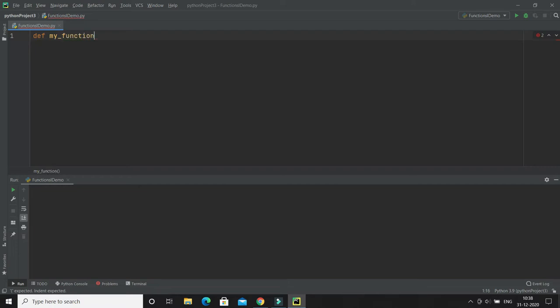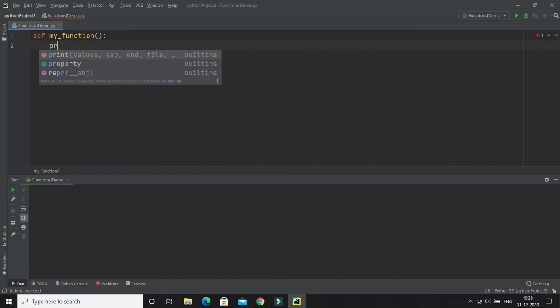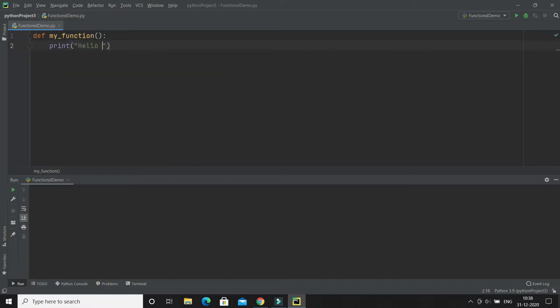I'm going to define a very simple function. You have to write a def keyword, and after that you have to write the function name, and you have to give the round brackets, and afterwards you have to give the colon, and within that you can write multiple statements, right? So here I'm just going to write a simple message, hello world. That's it.